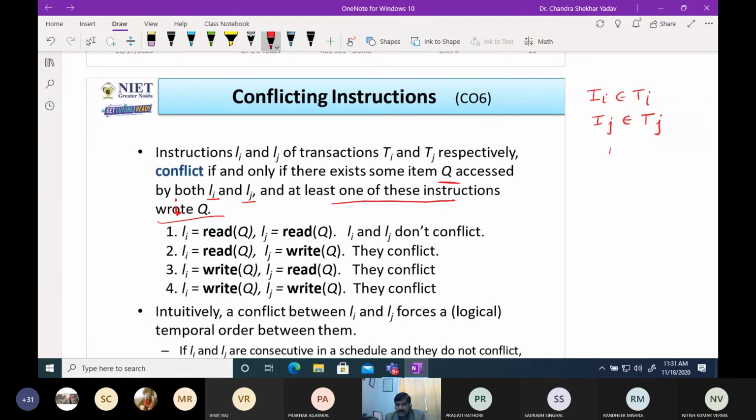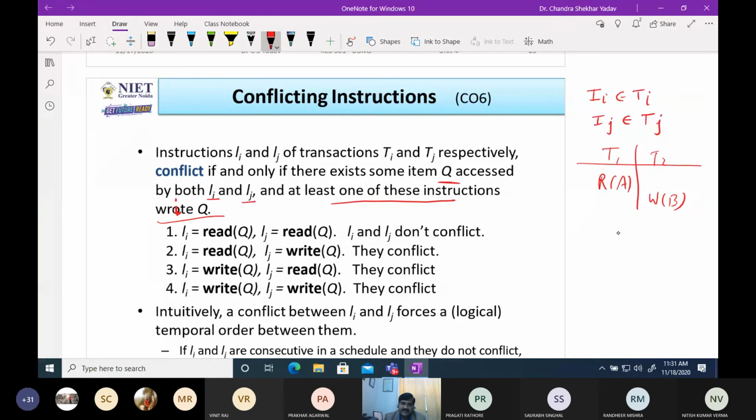Now let me know about this. Whether these are conflicting or non-conflicting instructions: transaction T1 performs a read operation over A and transaction T2 performs a write operation over B. Please let me know.